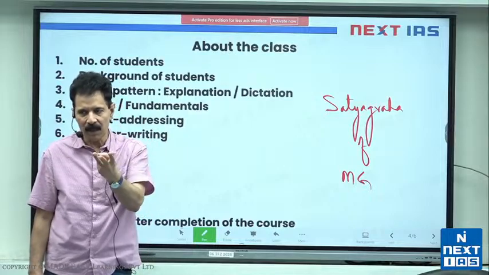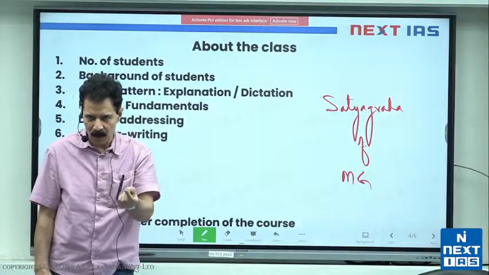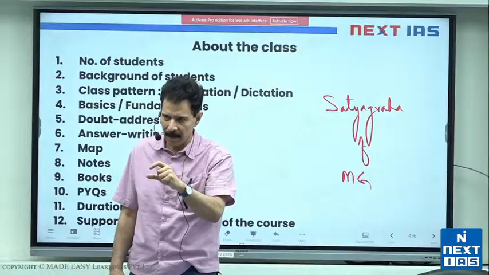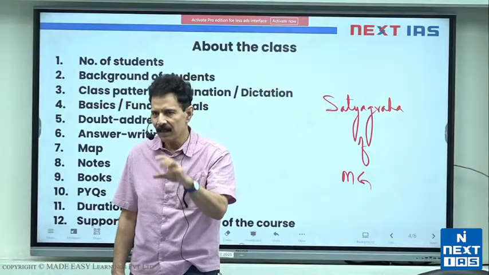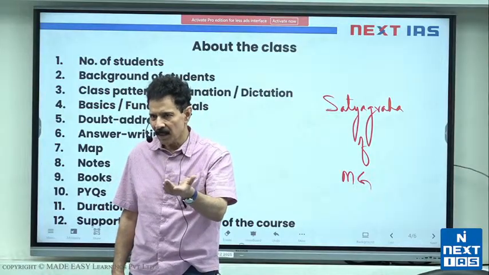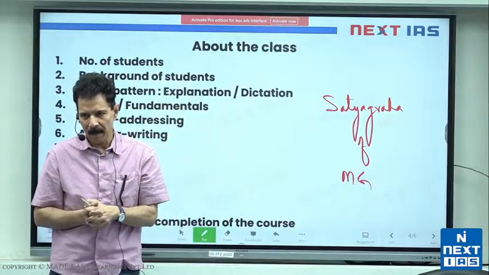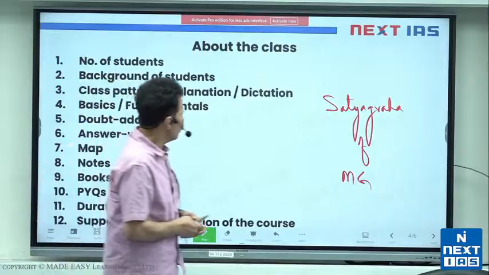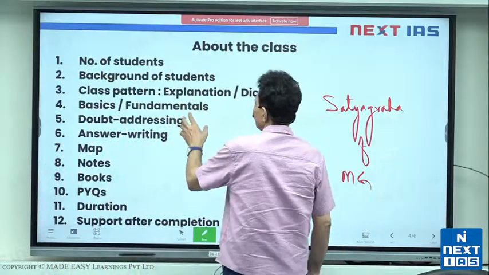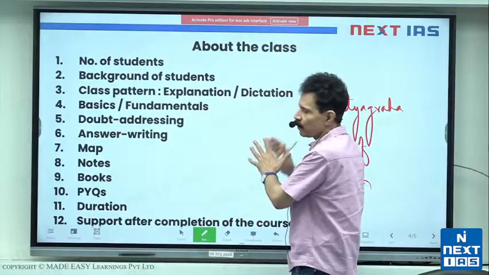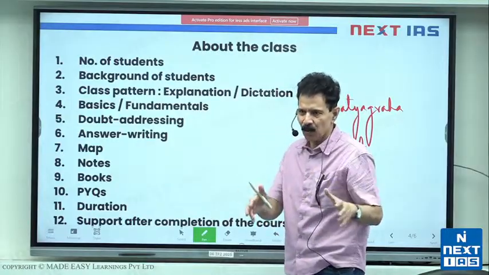Then you have three types of notes. Hard copy notes, they're in the book form. You have 4 books, one on is 6, right? And then soft copy notes, and then all PPTs are like precise notes. Getting my point? So the class pattern is more explanation, but dictation also, and all the typical issues, complex issues